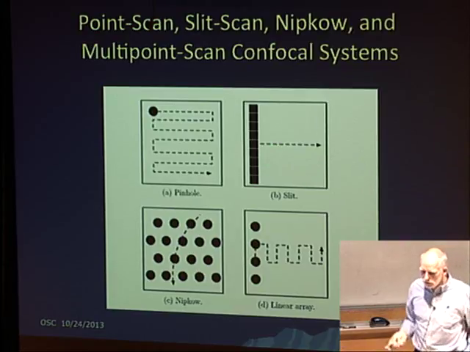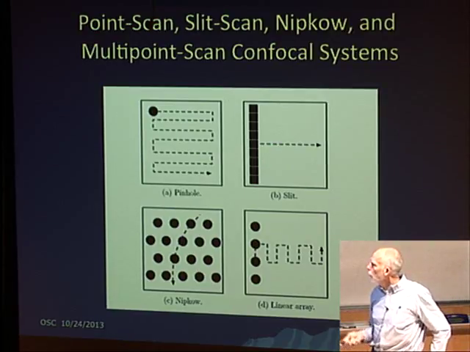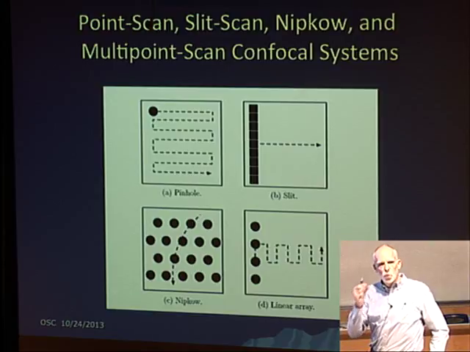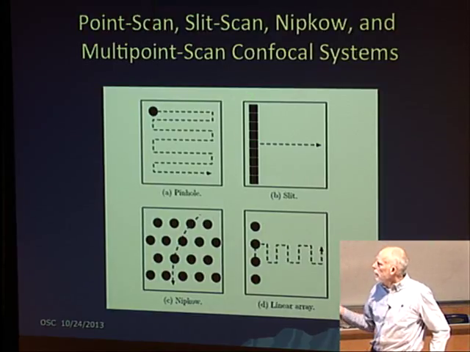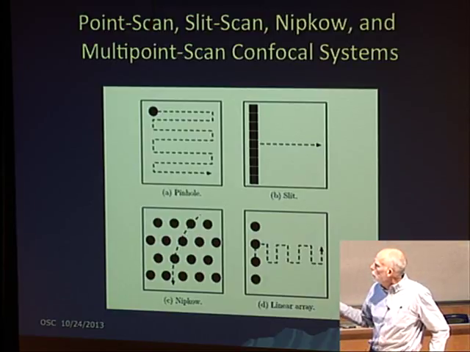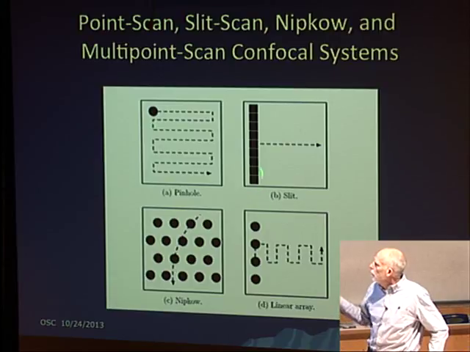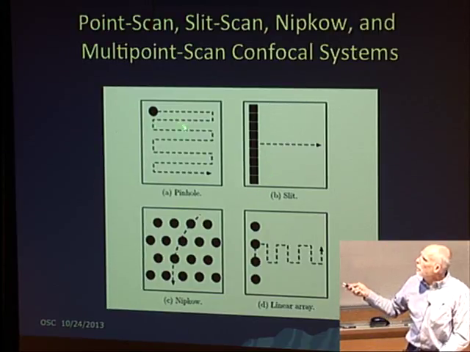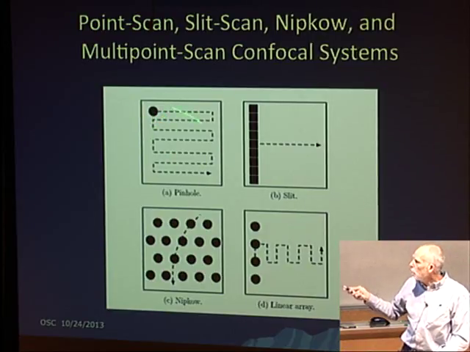The disadvantage is there's a loss in performance, especially in the axial resolution or thickness of that optical section. Typically, at least in terms of the parameters that we're using for numerical aperture, we're running with something about 25 microns of optical sectioning capability here, and with the same NA, we'd be able to be under 5 microns of axial resolution with a point scanning system. But it would be slow.